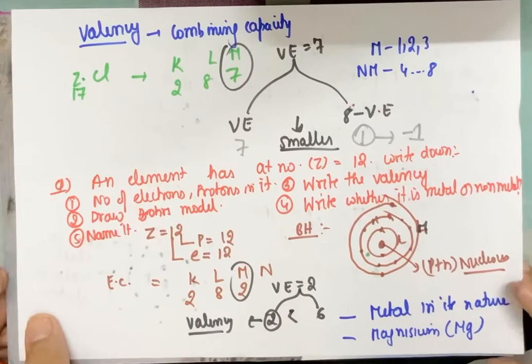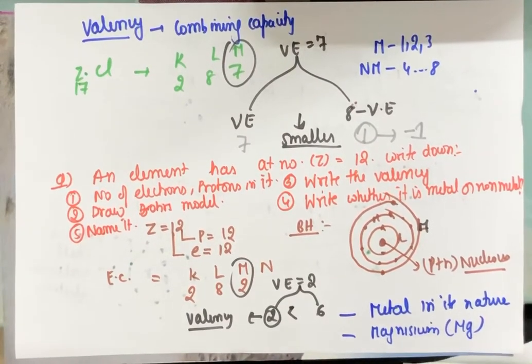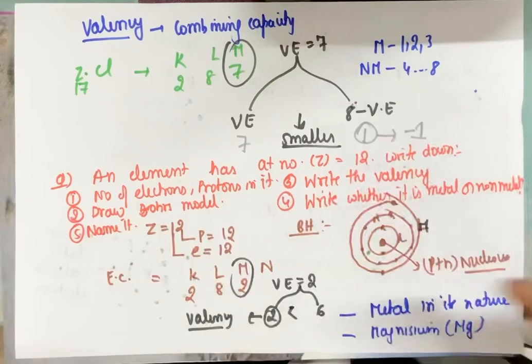So now coming on to the limitations of Bohr's atomic model. The Bohr's atomic model could not actually explain the dual nature of matter. Matter and electrons are always having wave properties and particle properties, which the Bohr model could not explain. Secondly, the Bohr model contradicted the uncertainty principle posed by Werner Heisenberg, okay, and could not explain line spectrum splitting. Now these are terms which I am using are for class 11 based knowledge, so I will be taking up a specific video for class 11 in Bohr's model where I will deal with it. Okay, for class 10 level this much is sufficient.